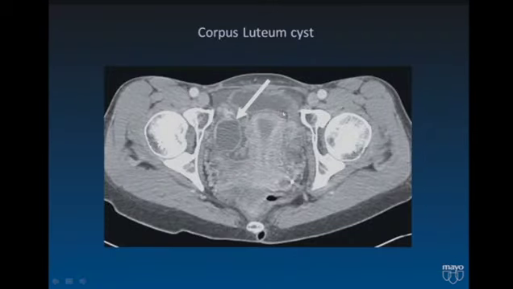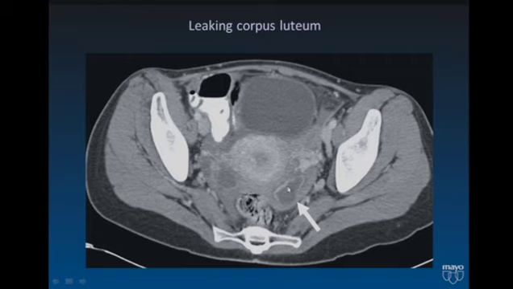There are certain features of masses on CT that can be characteristic. A corpus luteum has an enhancing margin, and it can have some hyperdensity in the posterior part of the cyst that refers to layering hemorrhage. Leaking corpus luteums can have the same crenulated enhancing margin, but also have hyperdense material within the peritoneal cavity, basically